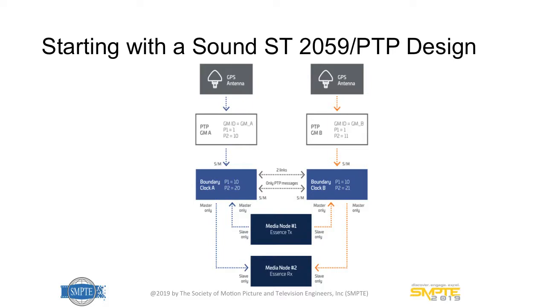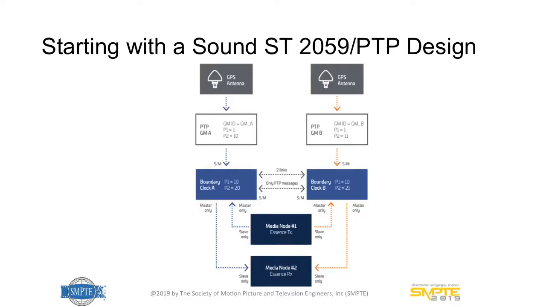In a typical design here, you'll have two grandmasters, say, connected to GPS. For your priority 1 field, you'll have them be the same, say, one on the two devices. That way, they'll use the GPS antenna to fail over. You'll have different P2 values. You'll be using boundary clock switches connected to your media nodes. And then your media nodes, which are the key users of time, that's the most